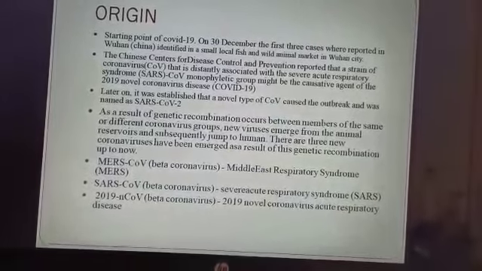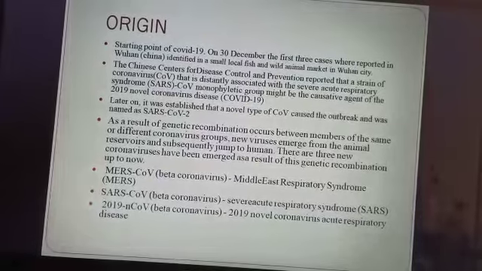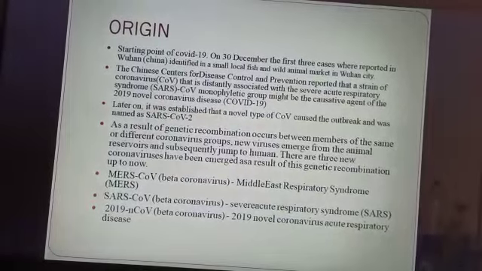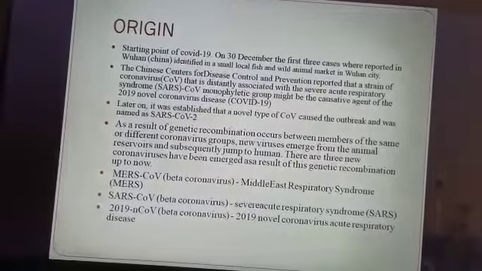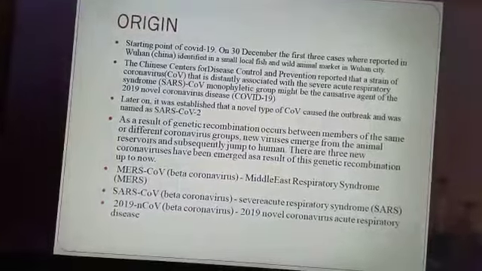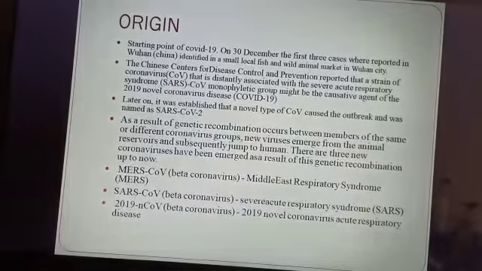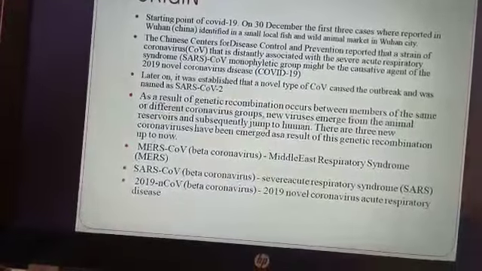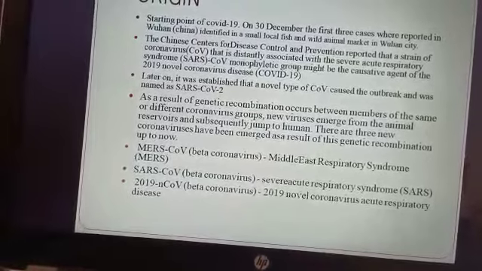First time on December 30, 3 cases were reported in Wuhan, identified in a small local fish and wild animal market in Wuhan city. The Chinese Center for Disease Control and Prevention reported that a strain of coronavirus that is distantly associated with a severe acute respiratory syndrome or SARS-CoV monophyletic group might be the causative agent of the 2019 novel coronavirus. Later on, it was established that a novel type of COVID caused the outbreak and was named as